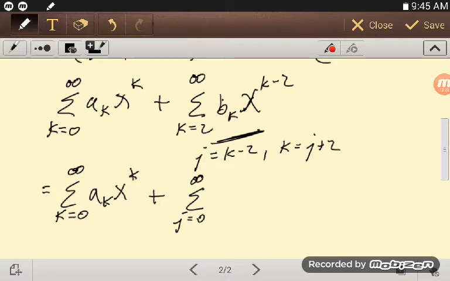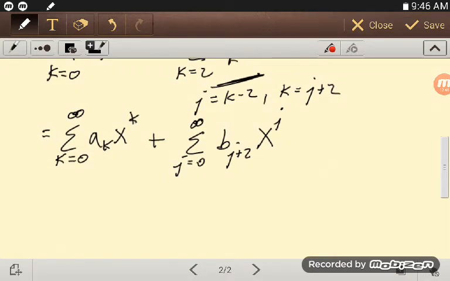This is where it's nice to have the j plus 2 in there: I have b sub j plus 2, and then x to the j, since j is k minus 2. So in this particular case, these both match up very nicely. So the sum from k equals 0 to infinity of a sub k x to the k, and then